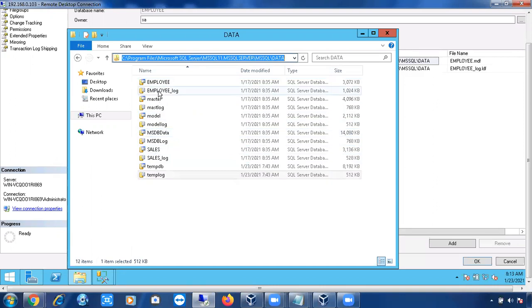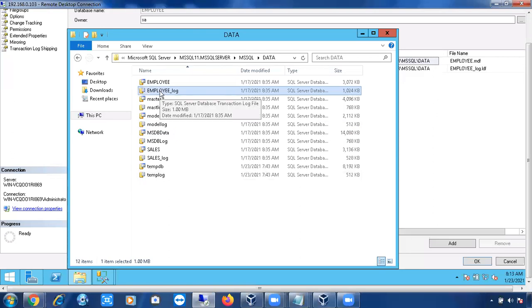Say for example, someone deleted this employee database log file physically. In that case, once master comes online, it will search whether employee database data file is there or not, employee database log file is there or not. If any file is missing, master database will not allow employee database to come online, so employee database will not be online, right?